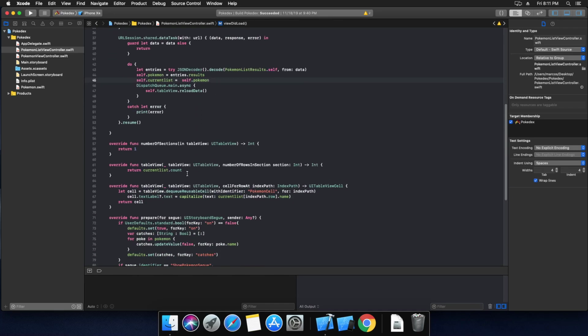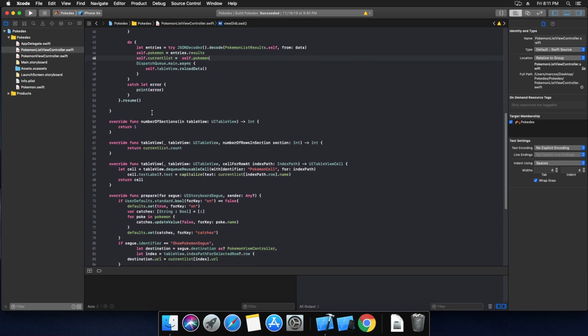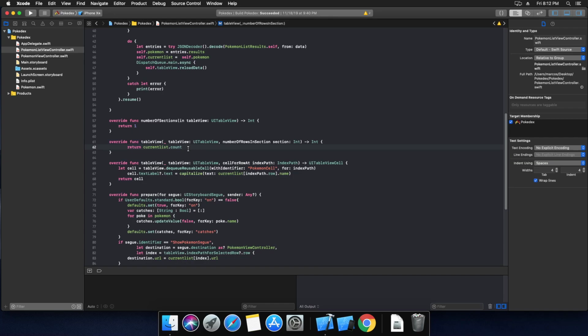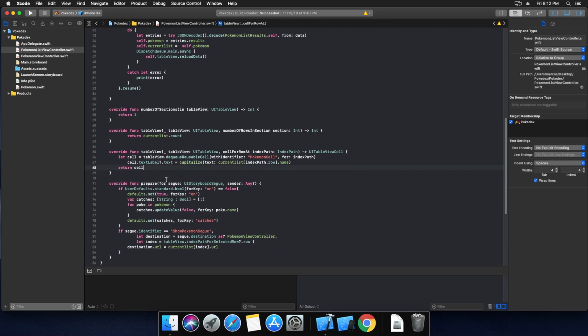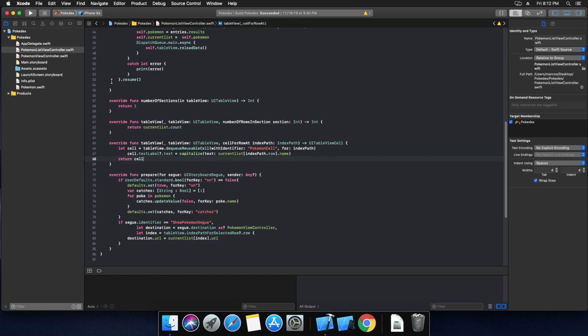And then we establish some parameters for our table, which are number of sections, which is just one, the amount of rows, which is the amount that current list requires, which is current list.count, and what we want to look at is the capitalized name of each Pokemon in the table. So that's what is portrayed. Let's run this. When you run the application,